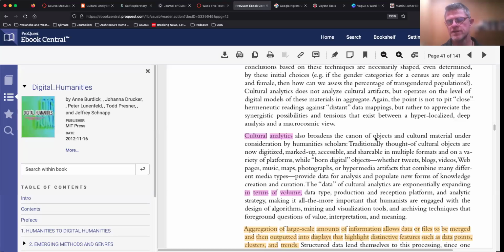Cultural analytics also broadens the canon of objects and cultural material under consideration by humanities scholars. Traditionally thought of cultural objects are now digitized, marked up, accessible, and shareable in multiple formats and a variety of platforms. So that would be paintings and poems, sculptures and short stories and artsy photography and all that kind of stuff that you would ordinarily be studying in courses in the humanities or the fine arts, while born digital objects, tweets, blogs, videos, web pages, music, maps, photographs, hypermedia artifacts that combine different types of media types provide data for analysis and populate new forms of